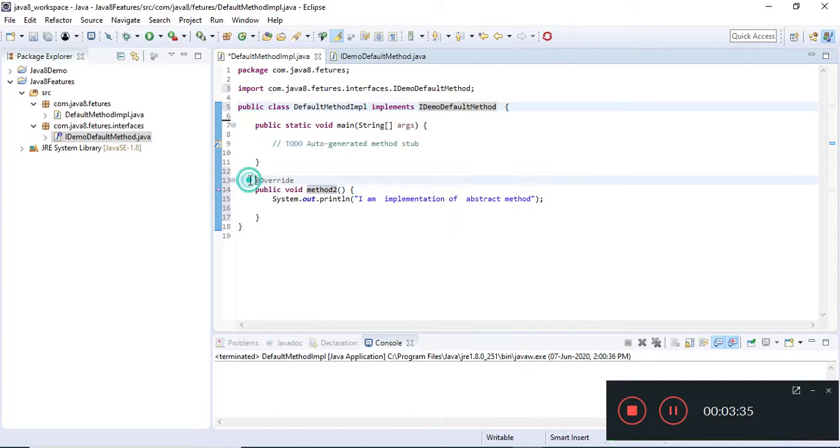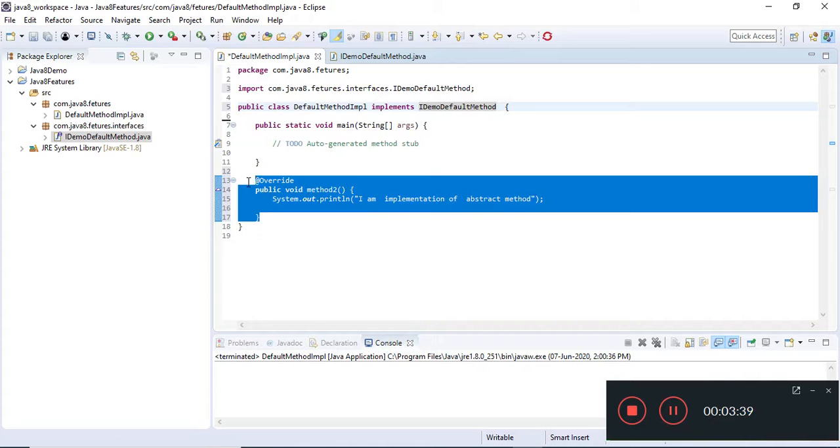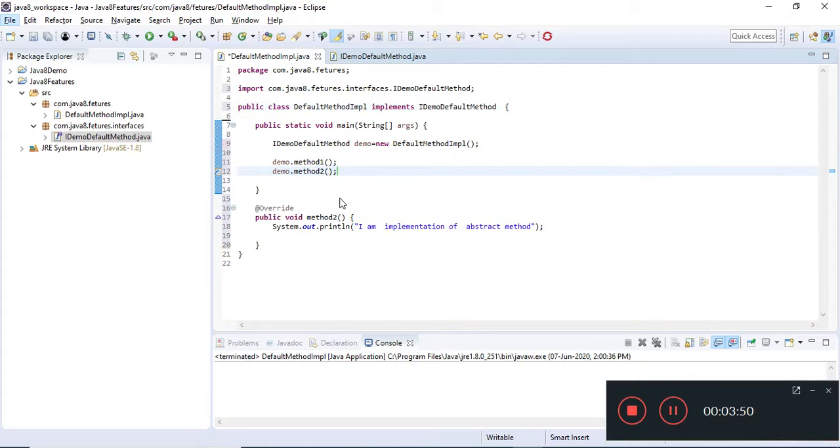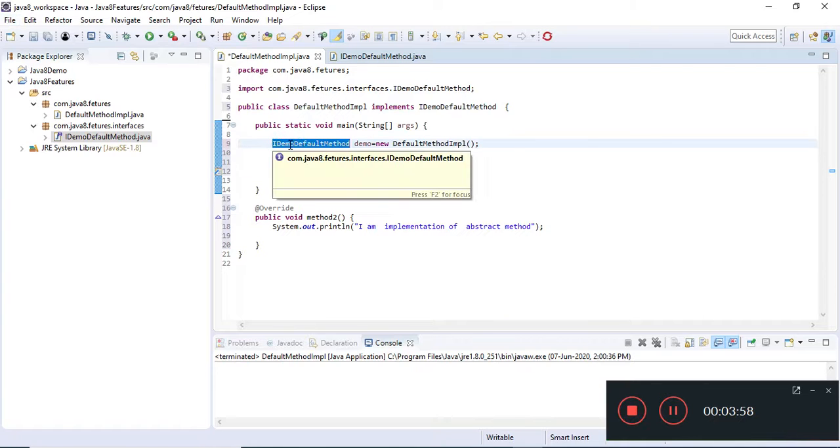It has one abstract method, so I have defined this abstract method here and overridden it. Now we'll create an object and execute this main method. I have created one object of this interface type, and I am calling method 1 from this object.